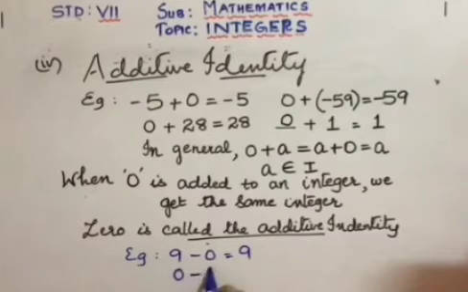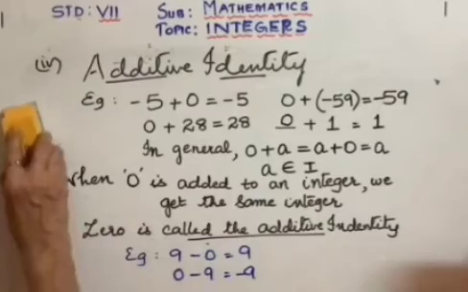Let's say 0 minus 9. Does it give the same result? 0 minus 9. What's happening to 0 minus 9? You are getting negative 9. So, 0 is only the additive identity, but it does not hold true with respect to subtraction. Okay? Okay. Next, we move on to